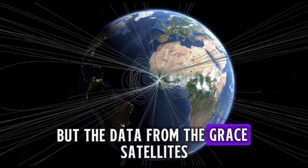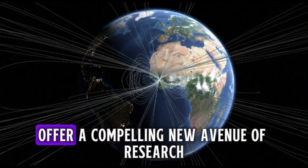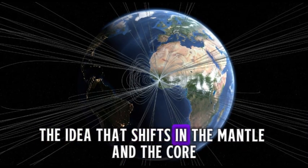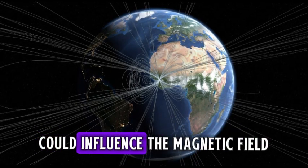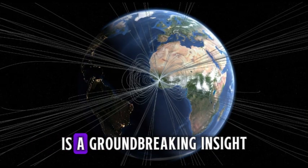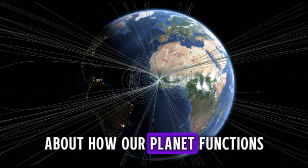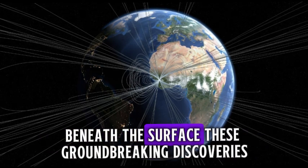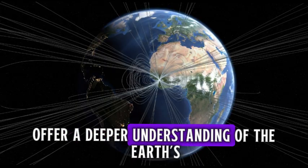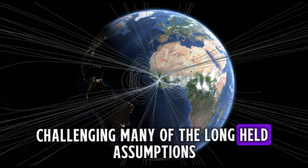But the data from the GRACE satellites, along with other geological and magnetic studies, offer a compelling new avenue of research. The idea that shifts in the mantle and the core could influence the magnetic field and gravity at the Earth's surface is a groundbreaking insight that opens up new questions about how our planet functions beneath the surface. These groundbreaking discoveries offer a deeper understanding of the Earth's internal dynamics, challenging many of the long-held assumptions about how